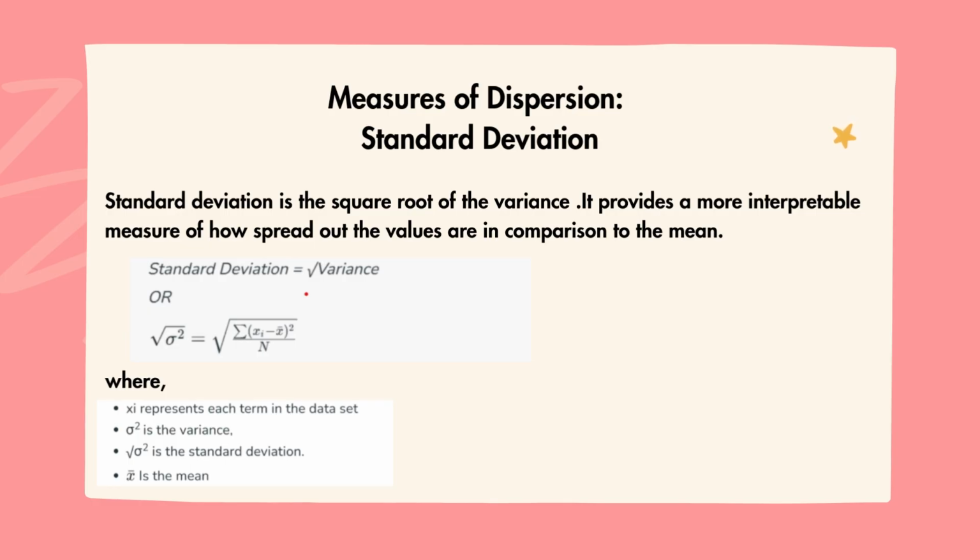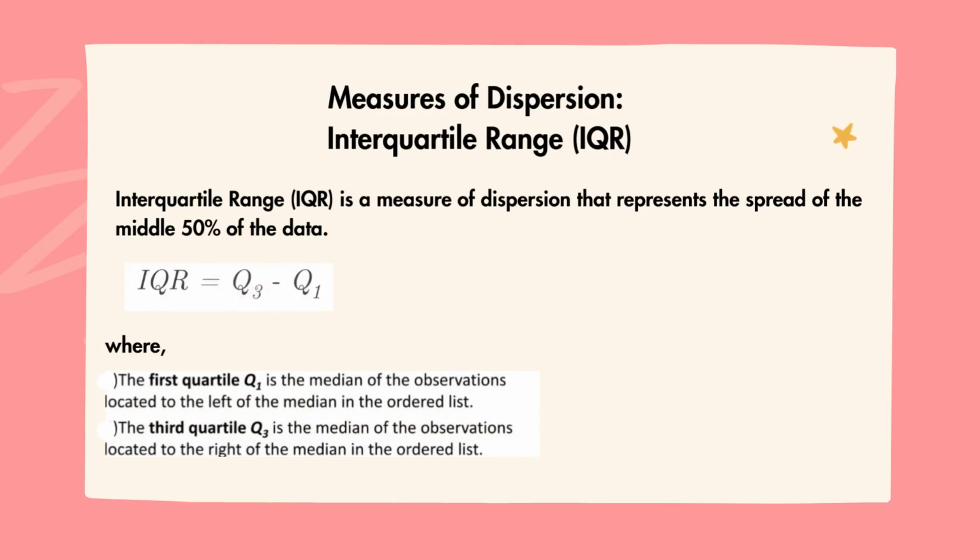For a sample, the formula is s equals square root of summation of xi minus x bar whole squared divided by n minus 1, where s is sample standard deviation, x bar is sample mean, and n minus 1 is used for unbiased estimation. Now let's understand the interquartile range, or IQR, which measures the spread of the middle 50%